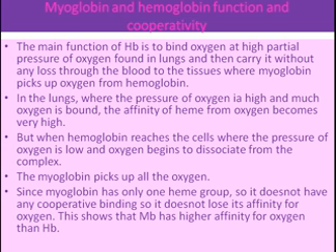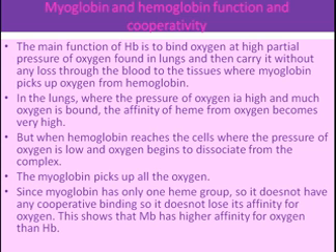Then our next topic is the cooperativity effect: myoglobin and hemoglobin, their function and their cooperativity effect. I already told you that the main function of hemoglobin is to bind oxygen at the higher partial pressure, and then myoglobin picks up the oxygen from the hemoglobin and transfers it to the muscles and stores it until it is needed. In the lungs, where the partial pressure of oxygen is high and much oxygen is bonded, the affinity of heme for oxygen becomes very high. Myoglobin picks up all the oxygen because of the higher affinity as compared to hemoglobin.